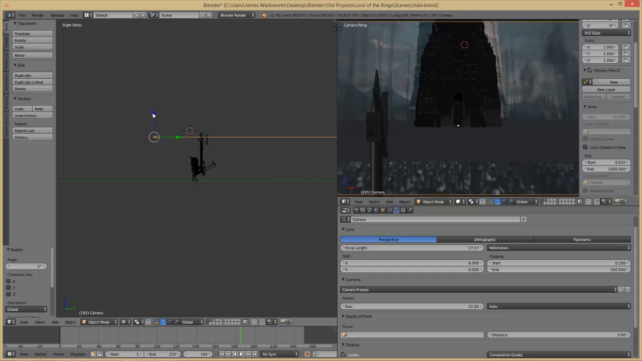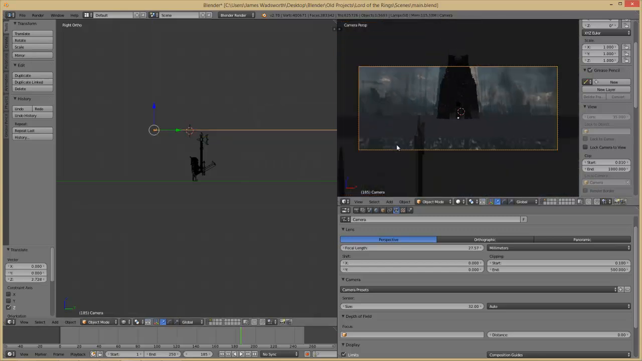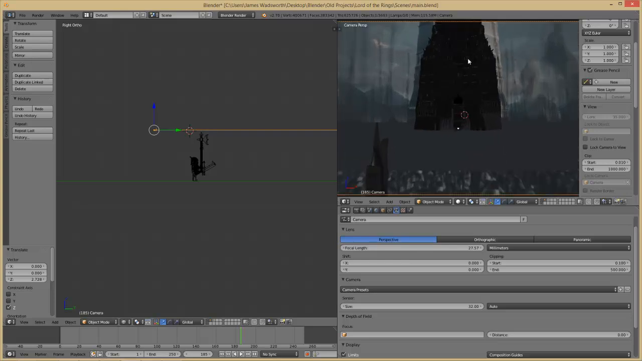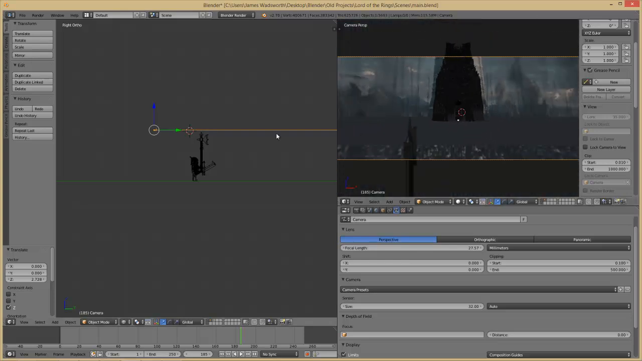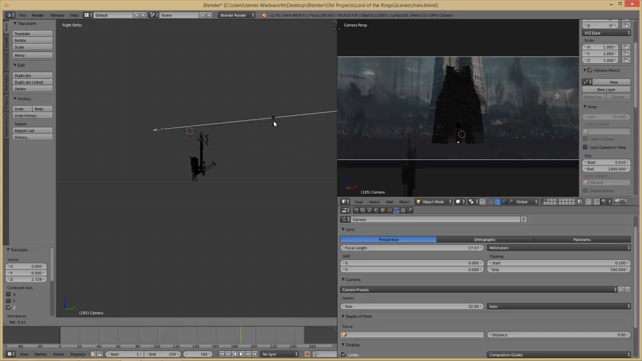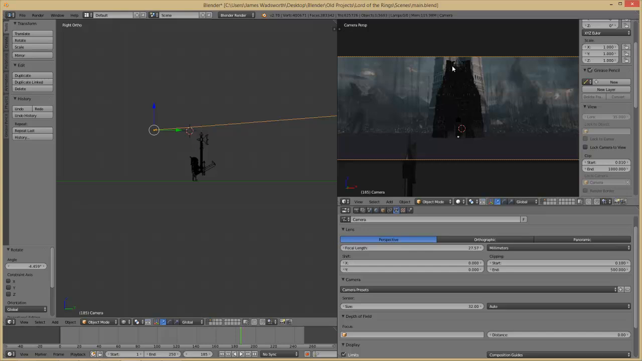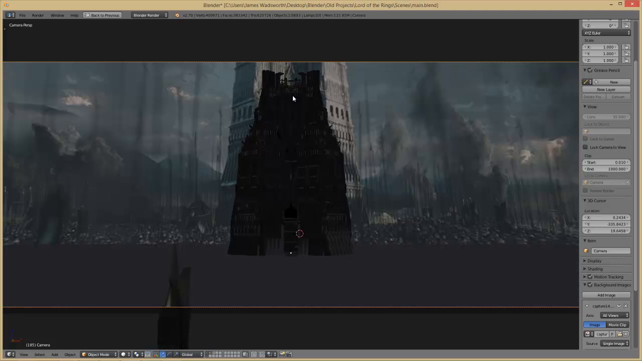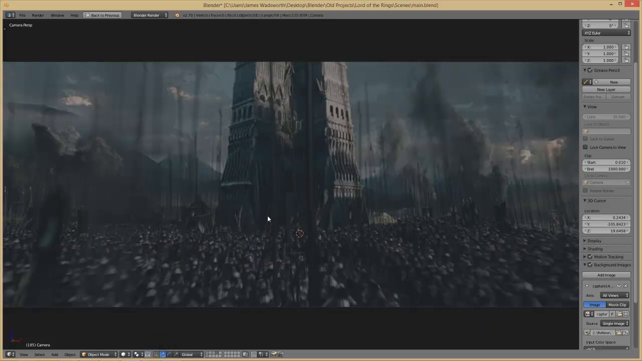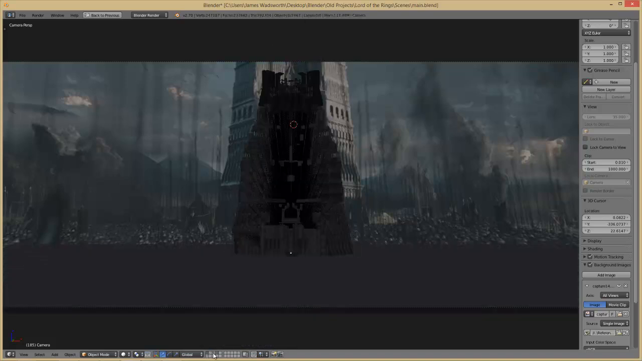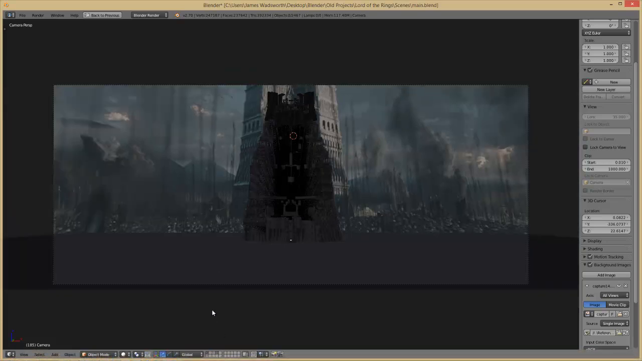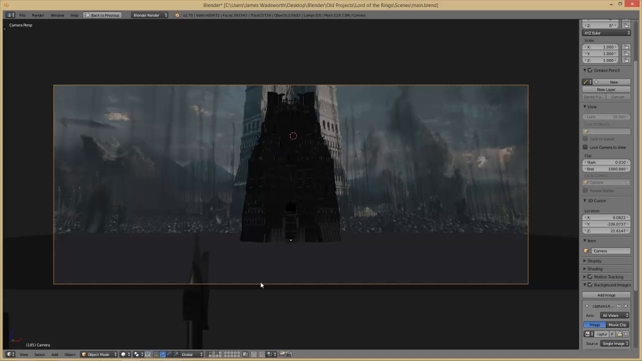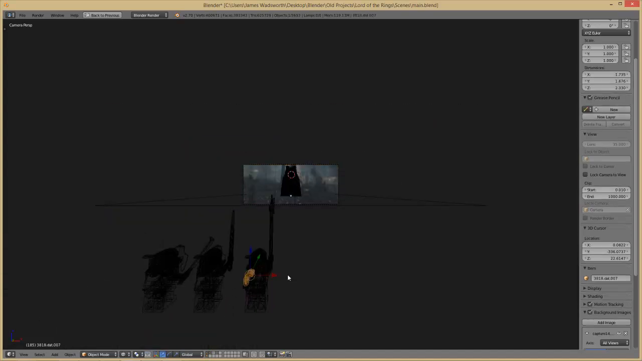So the spear's there. The balcony is up there. Spear's still there. Balcony's here. It's supposed to be there, and it is actually right there. Well, it's not going to be perfect, but let's see what happens if we